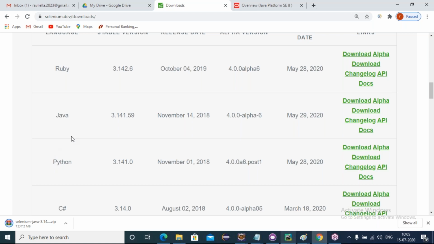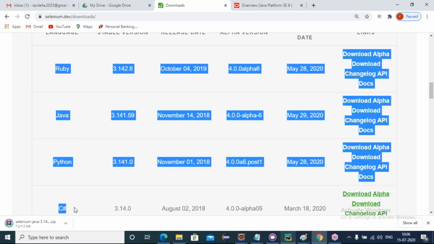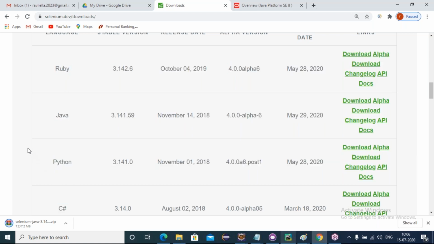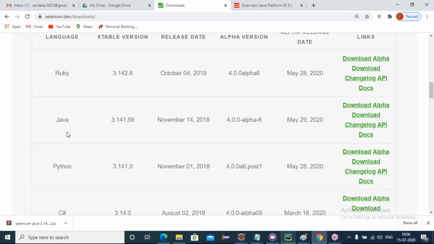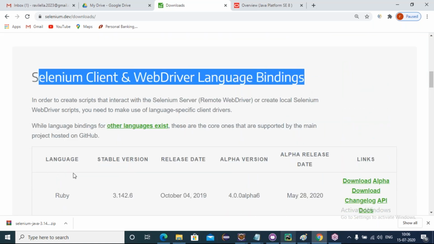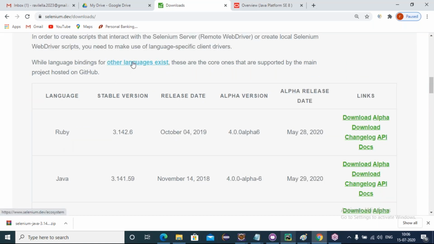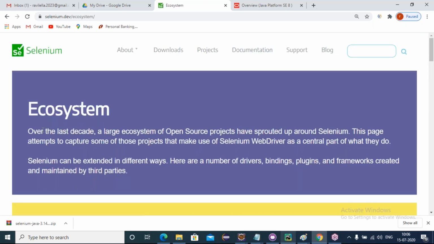To build your Selenium automation code, not only these language bindings, but some other languages are also allowed for automation: Go, PHP, JavaScript, Kotlin, like this. Some programming languages are there, R language too. So many languages are going to be supported. Since 11 months ago, they're implementing new language bindings also. But on the dashboard, what we can see as of now are the stable ones which we are using right now. Other languages are also supported. If we click on these other languages, here we can see.